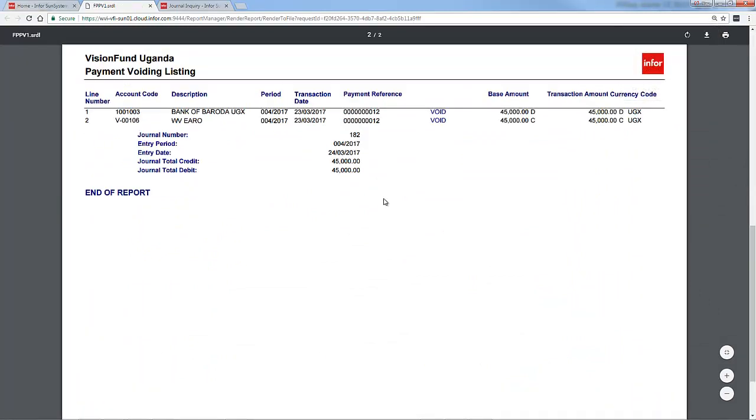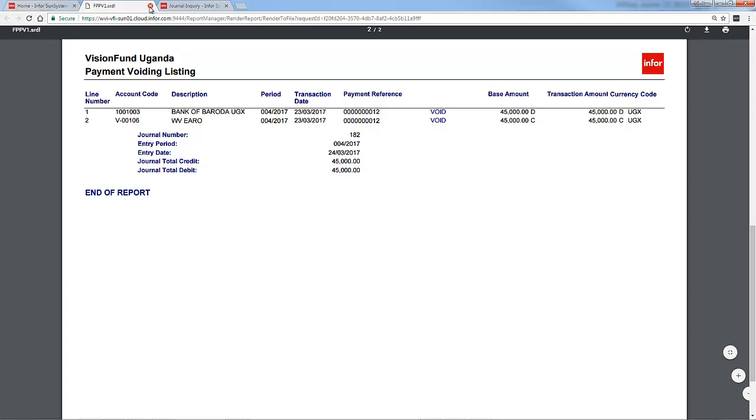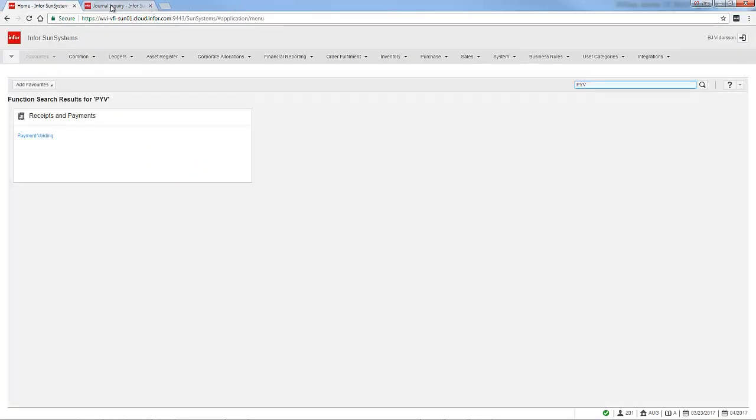And here we can see the actual payment void transaction being posted. We see the amounts, the reference is affected, and the actual transaction that gets generated. Now you can save this and print this off, and we're going to go back to our